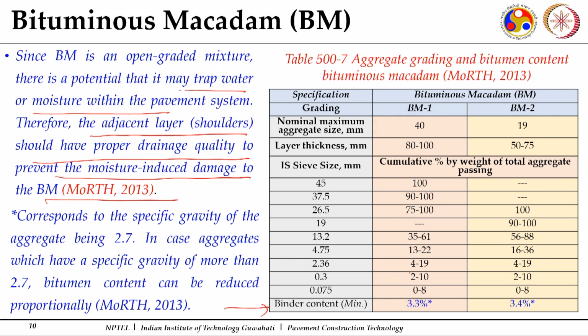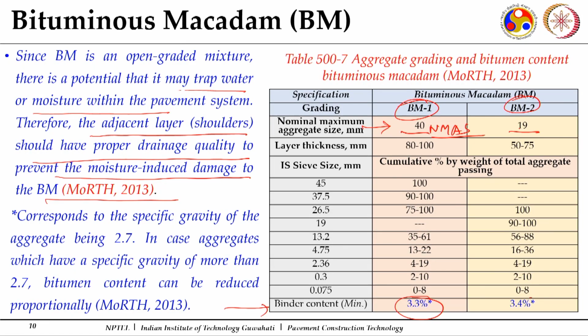Already it mentions that you prepare a mix at this binder content level, and this particular second gradation. Now these two gradations are specifying two different sizes, especially the nominal maximum aggregate size, NMAS. One is for 19 mm, second is for 80 mm. Normally we want a layer thickness to be at least twice to 3 times the NMAS. So if NMAS is 19, I will prefer to use a layer of around, say, 60 mm